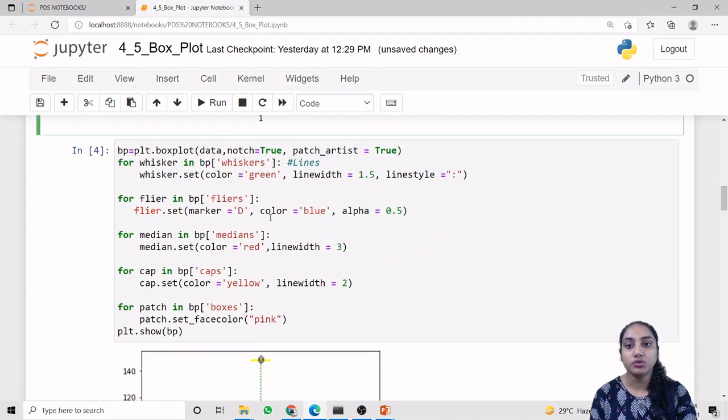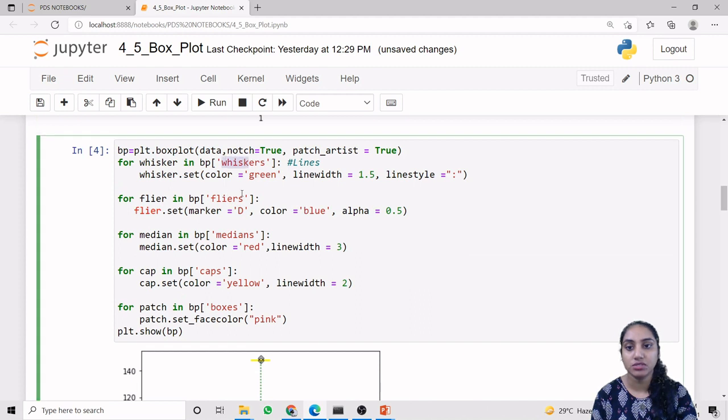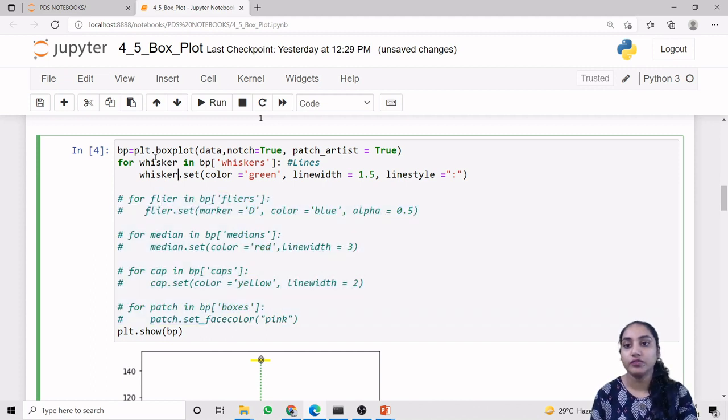Now we can also change different attributes of our box plot. Likewise, we can change our whiskers, flyers, median, caps, boxes, etc. We are representing all these fundamentals one by one. First of all, we are taking exactly the same box plot value in the bp variable. Now from the bp variable we are using the whiskers method.